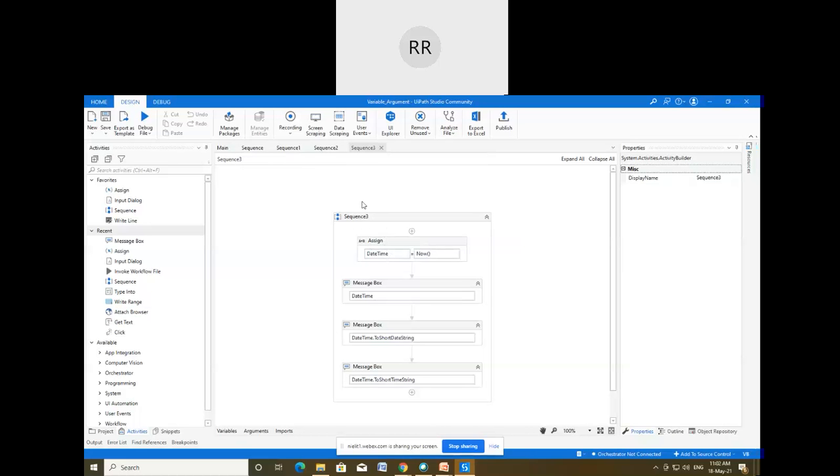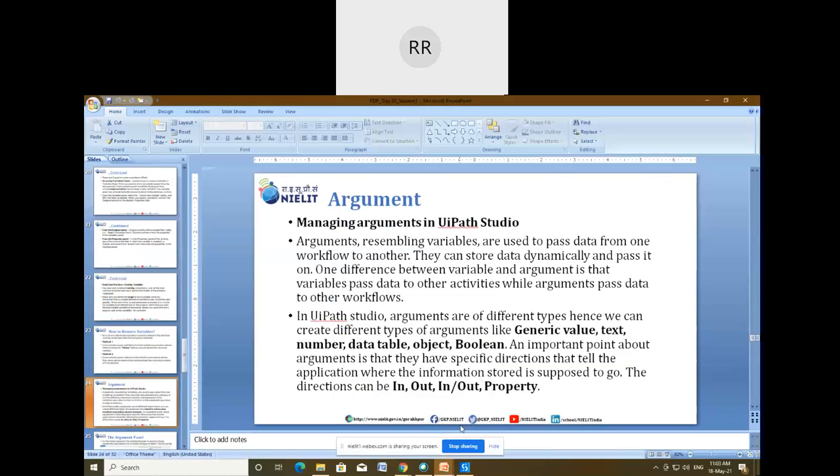It cannot be used from sequence 3 to sequence 2. That means suppose you are working on a very large project and we have created different files, sequence 1, 2, 3, and if you want to pass a value from sequence 3 to sequence 2, then you cannot pass that with the help of a variable. For that you have to use the argument. Okay, so this is the major difference.